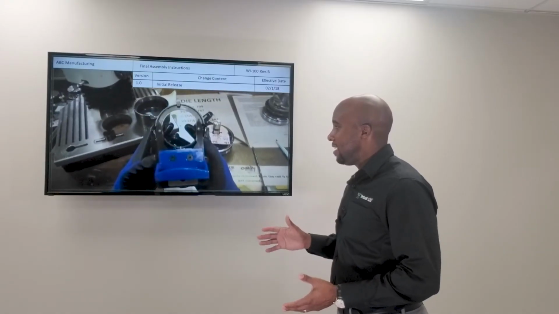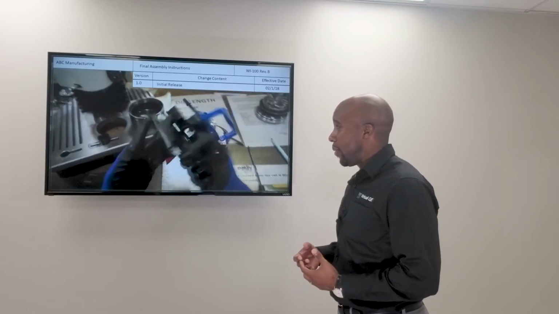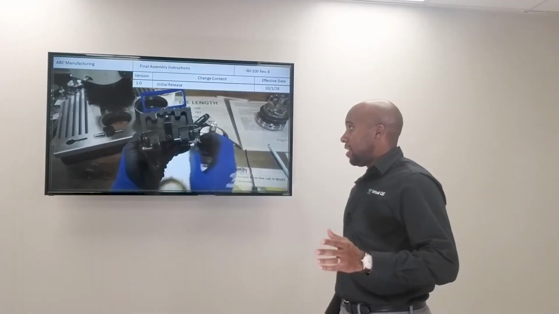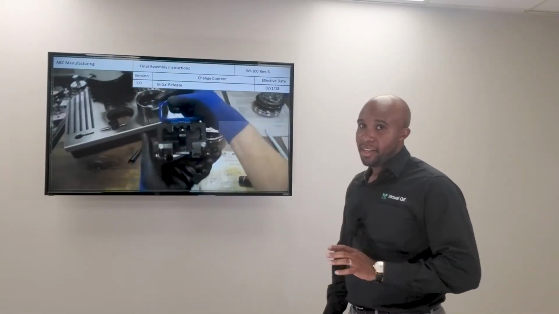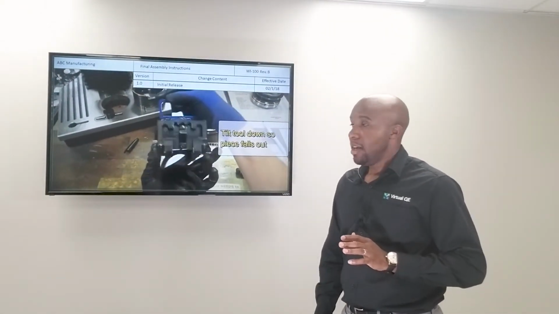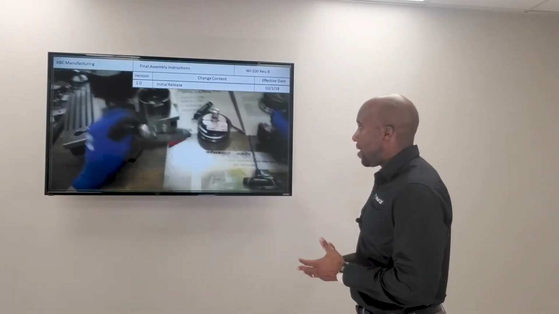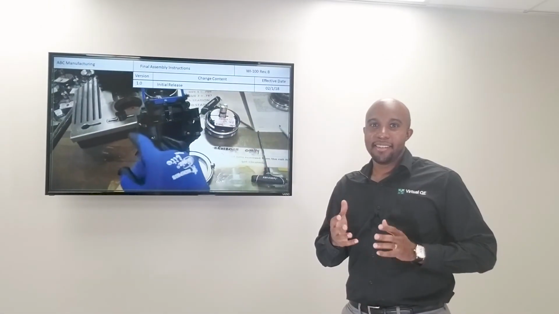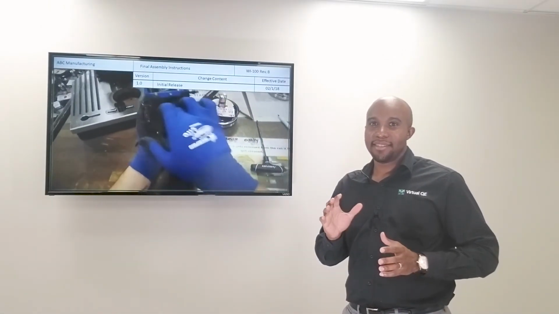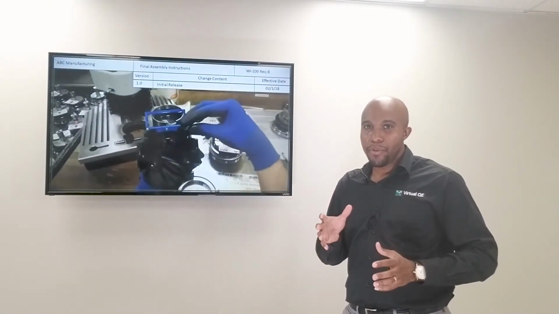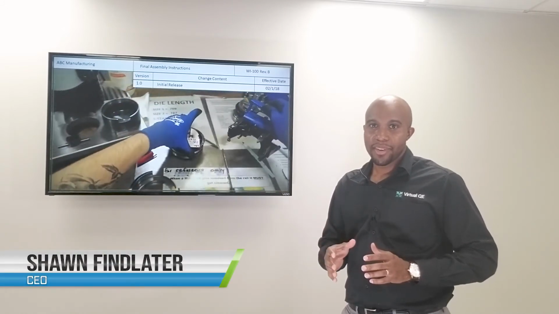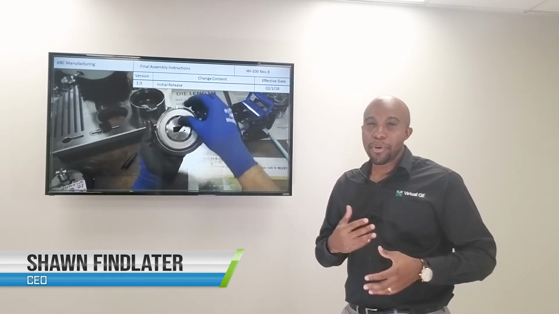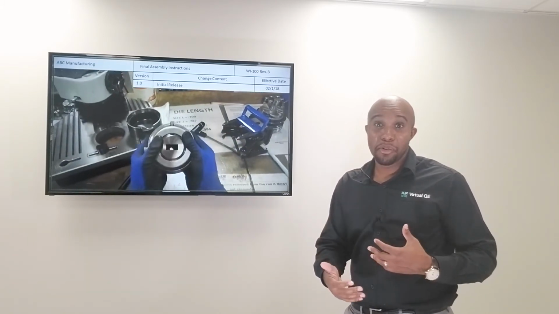Now, what's very key about what we do while we use the glasses, and we'll give a little bit of the secret sauce away here, is it has to be first-person view. When it's first-person view, your mind is always having checks and references as to, are you performing the task the right way? And you'd be surprised how many simple little things the person captures that they remember from watching the